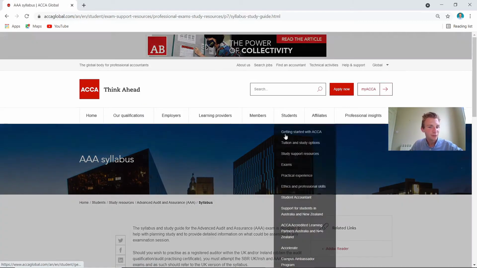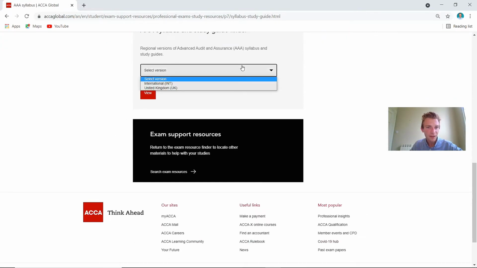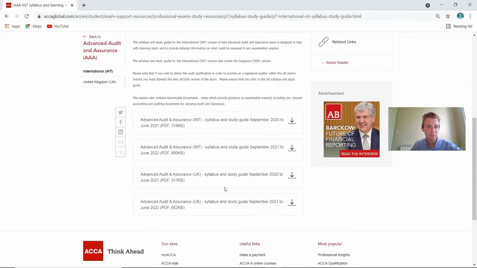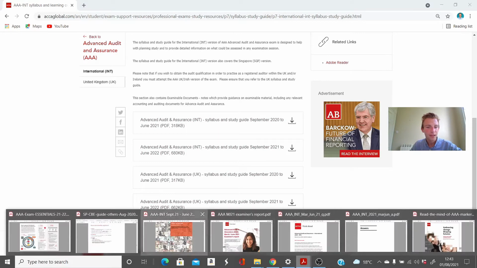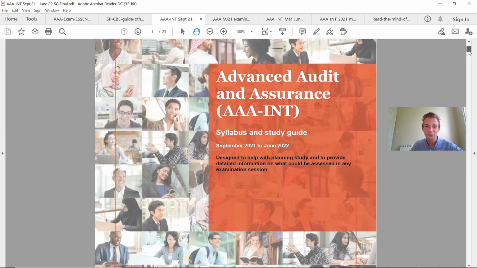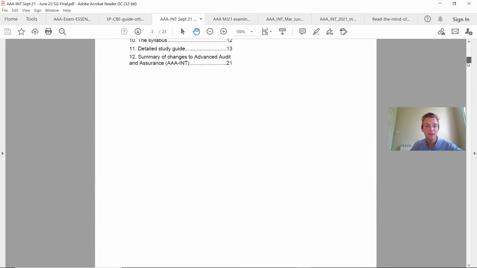The next key thing on here is the syllabus. Now this is really, really important. As we said, there are only 2 on here at the moment, but there will be other resources. I'm just going to keep it simple on here for the international paper, but you've got both on here anyway. If you go into the syllabus and study guide, go to the most up-to-date one for the exam you've got. This is how I'd run through it, just to give you a feel for how it breaks down the module, especially if this is maybe the first video you've watched on Advanced Audit and Assurance. It's a really helpful syllabus guide, breaking down absolutely everything that you need to have.